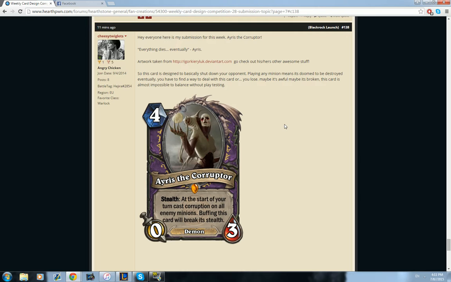So basically, she is a stealth minion, and at the start of your turn she casts corruption on all enemy minions. So obviously you want to play this card as soon as you possibly can. So you play it on turn 4, and then your opponent plays a minion, and then at the start of your turn that minion gets corrupted, and then it goes back to their turn. They have one turn to use that minion only. So basically every minion that they play while this card is on the board has only got one turn to